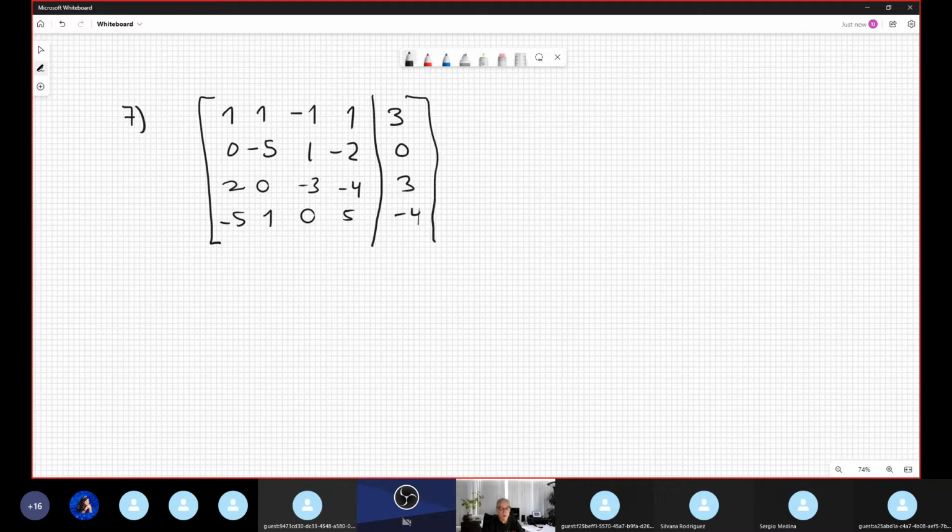What is the dimension of this matrix? It's 4 by 5, no? 4 rows, 5 columns. 1, 2, 3, 4 rows, and 5 columns. I need to perform, fortunately, only 2 transformations. Transformation 1 and transformation 2. Transformation 1 is